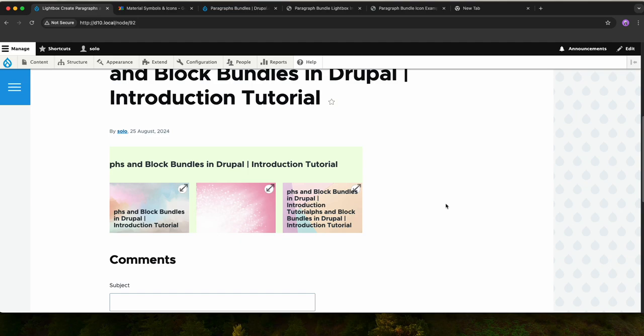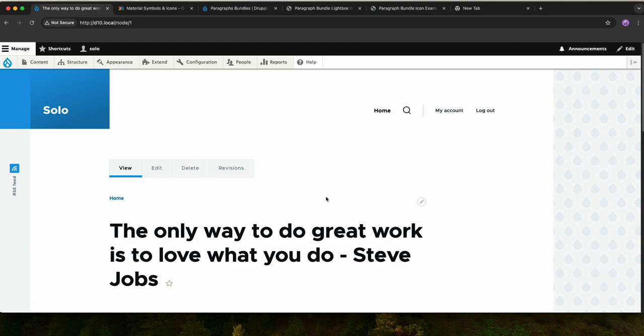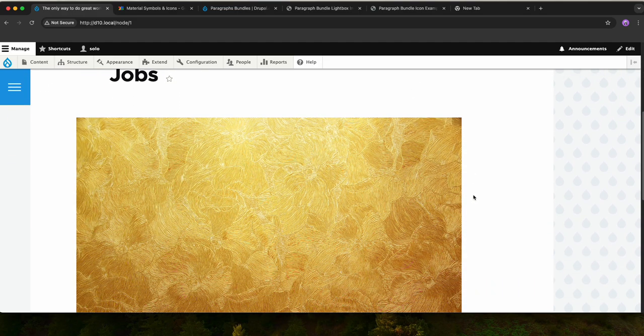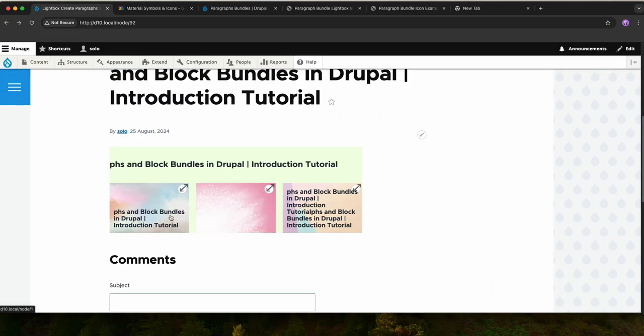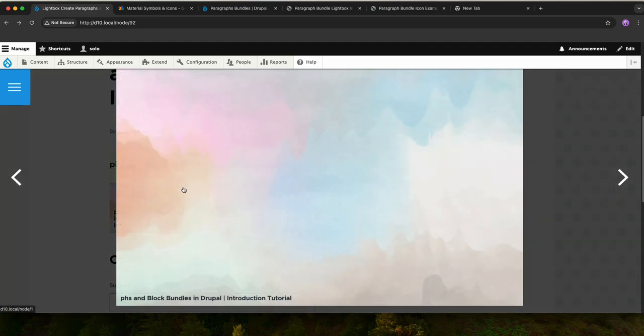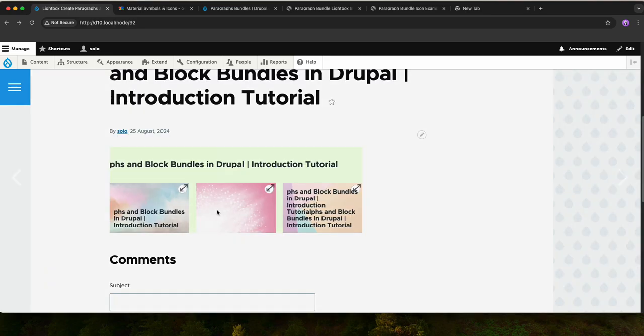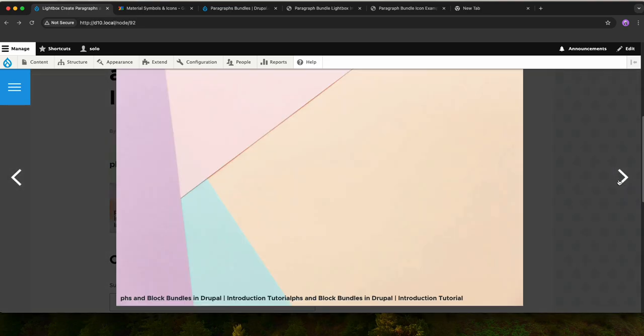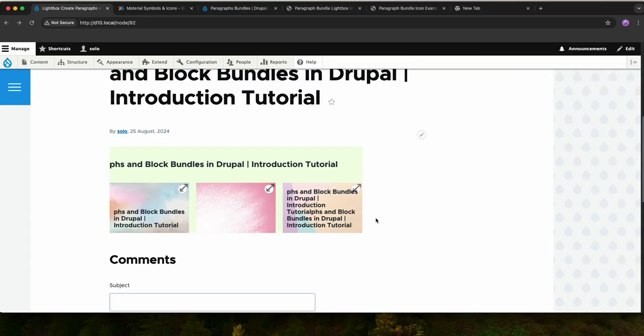You see, that's the image grid. And so this one was clickable. So if you click here, it should take you to the node or the link. When you do clickable, it will be clickable here. But if you click on this one, it will pop up the image. So this way you have some options. And this one, same thing. And here is load. And as you see here, for developers, you can customize